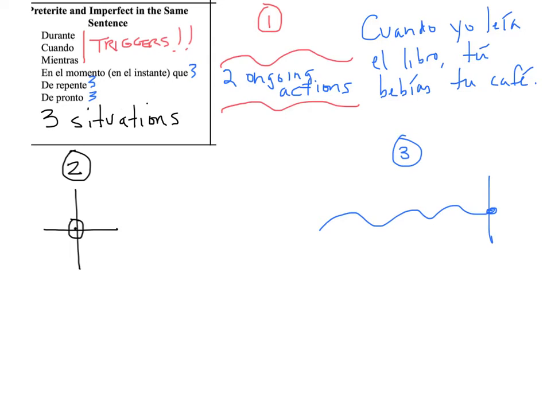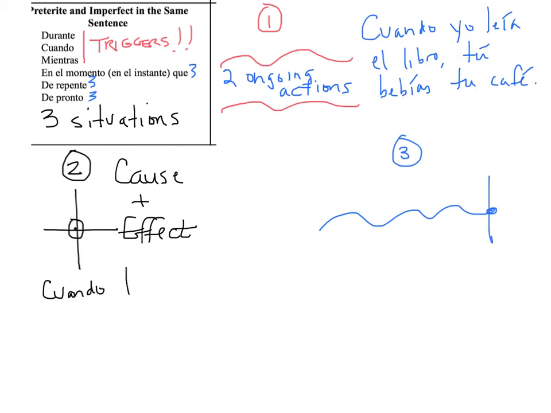All right, in the second picture, we obviously have two straight lines, so we have two preterites. The other thing you should notice is that the two lines do cross each other, and they cross each other at an intersection, at a specific place. So this particular situation is called cause and effect. A lot of times, it could be violent. I trip you, you fall down. I punch you, you fall down. These are two actions that occur exactly at the same moment in time, where one action affects the other action, cause and effect. Two actions that occur at exactly the same moment in time, where one action affects the other action. For instance,